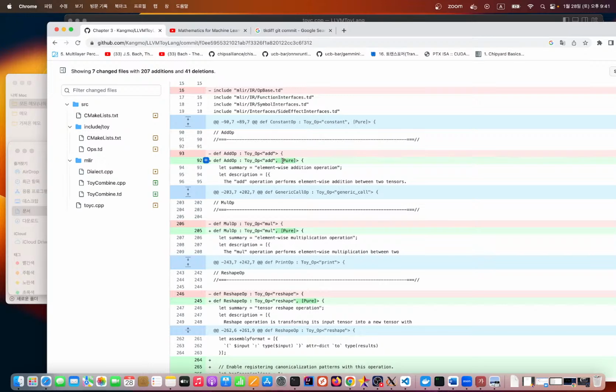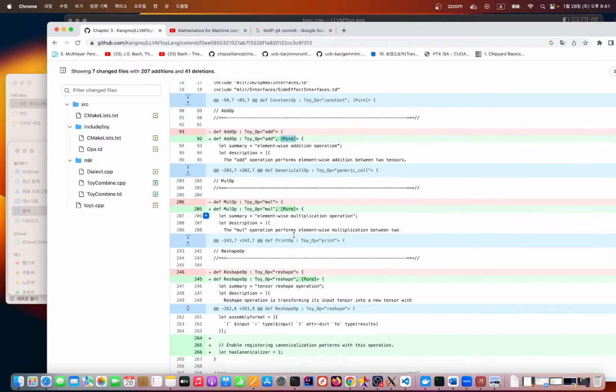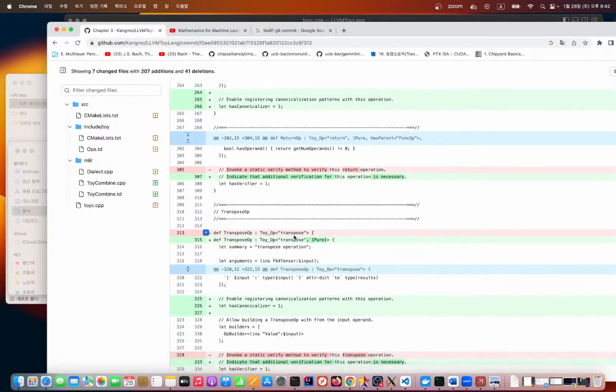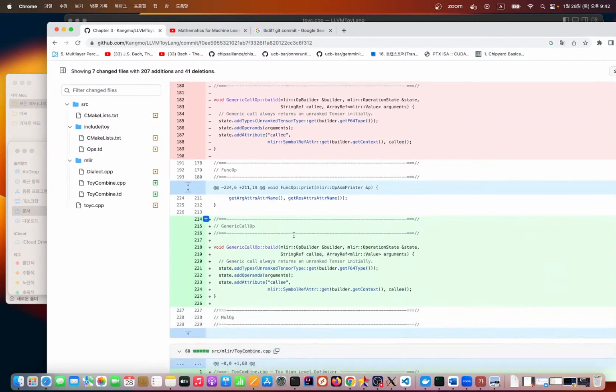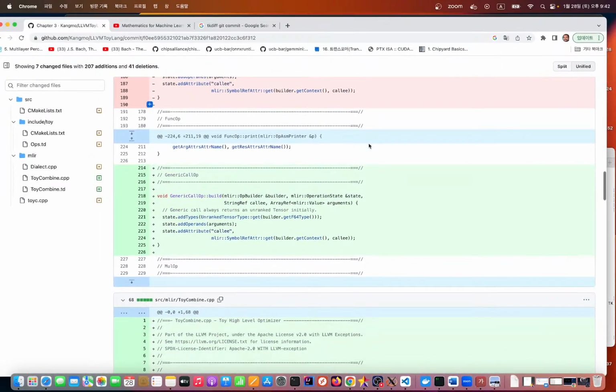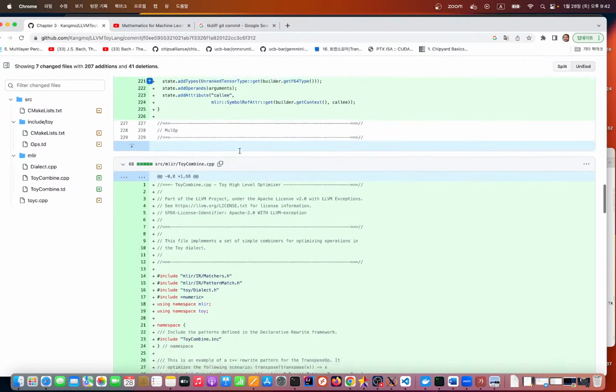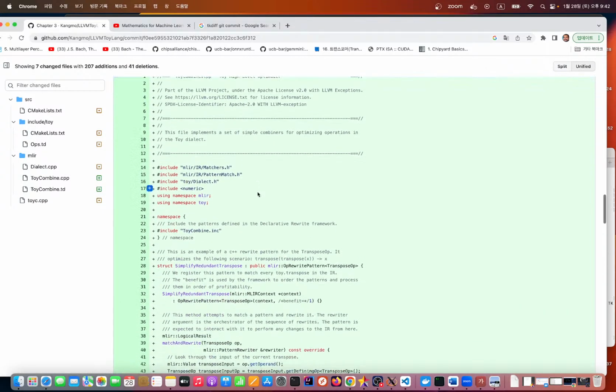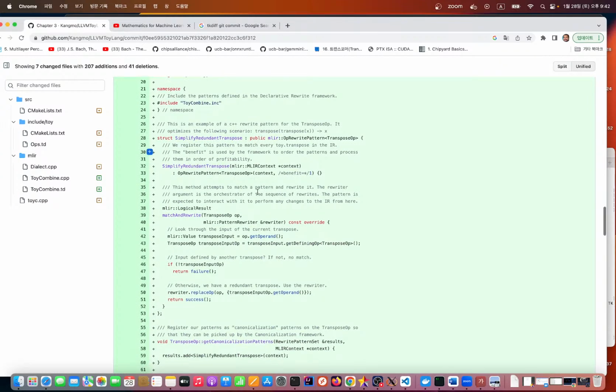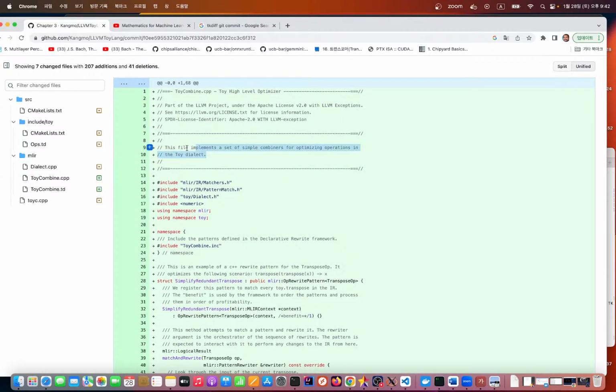Op add was added with the pure trait. Generic call op was added in chapter 3. Toy combine file was added. Simple combiners for optimizing operators. So chapter 4 should be